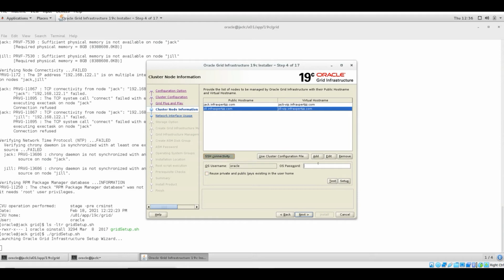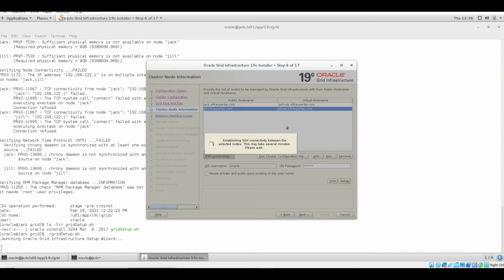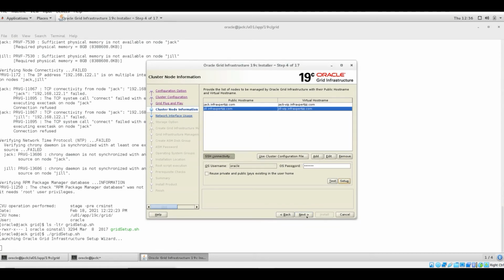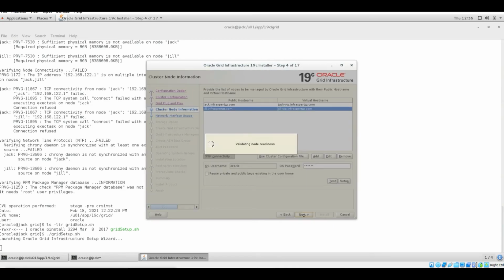Let me test the connections. Let me set up this. This might fail for the first time, or it might not fail. Connection has been established. So let me go next.